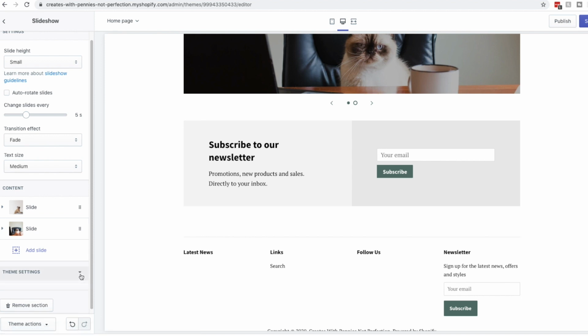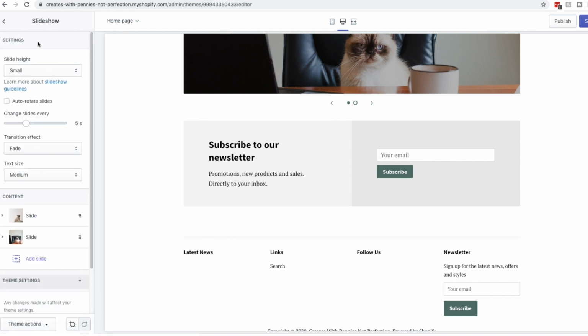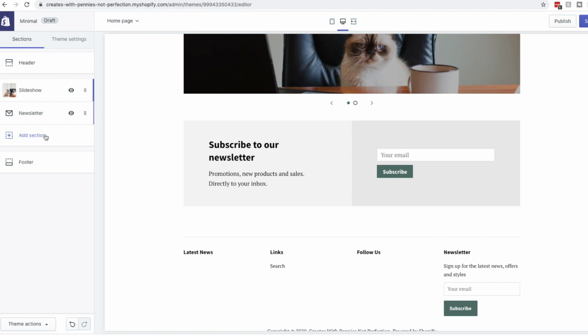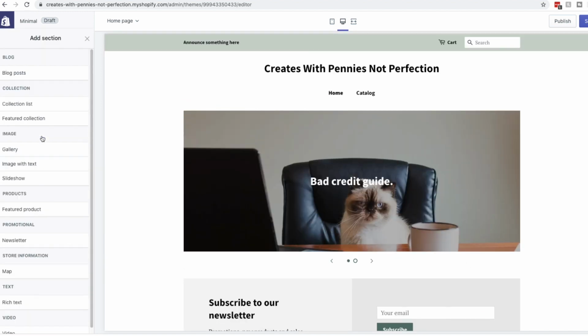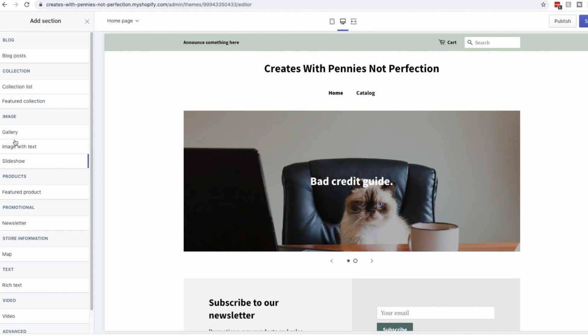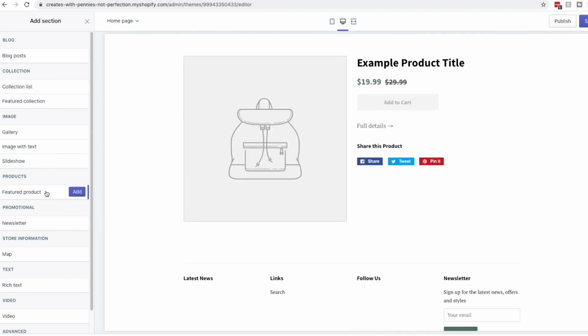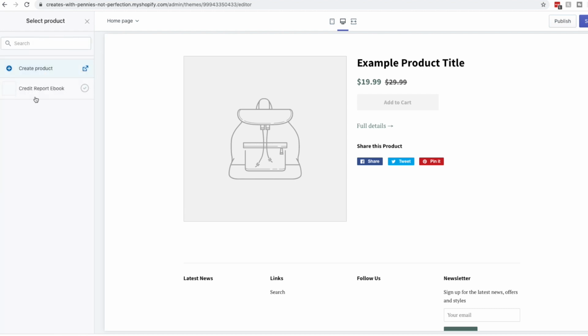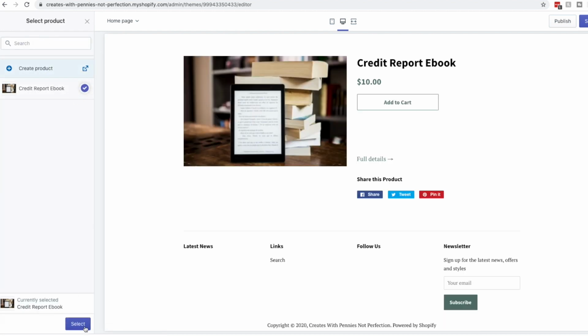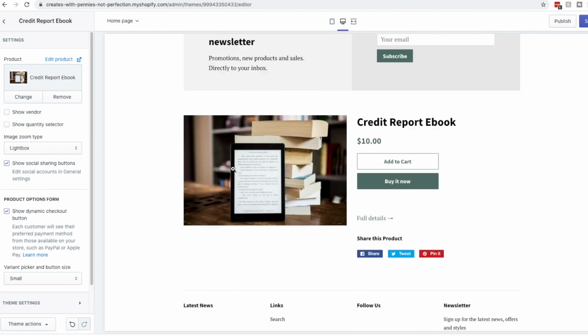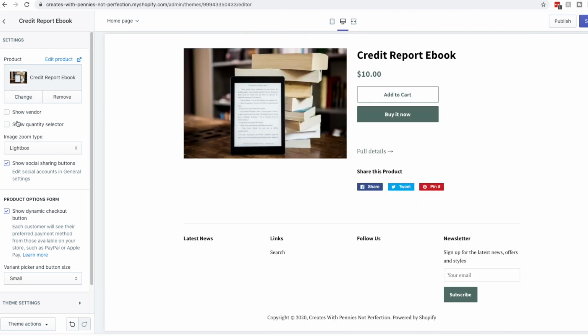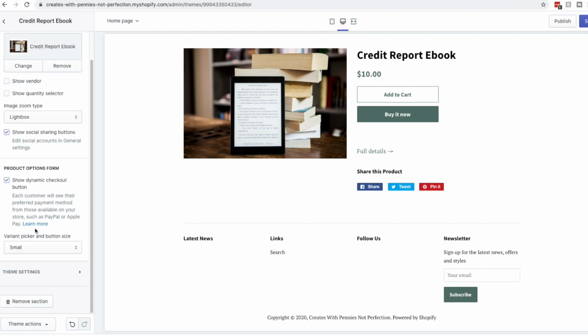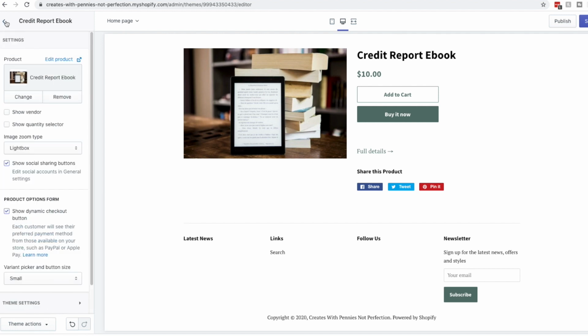Let's be done with the slideshow, and then we have the newsletter. But let's say we want our products. So we can go to add a section over here and then do featured product, and we can add that. So click the add button, and then we also can select the product that we want to show. So as you can see, it's very easy to add on the side, and then you likely won't do a